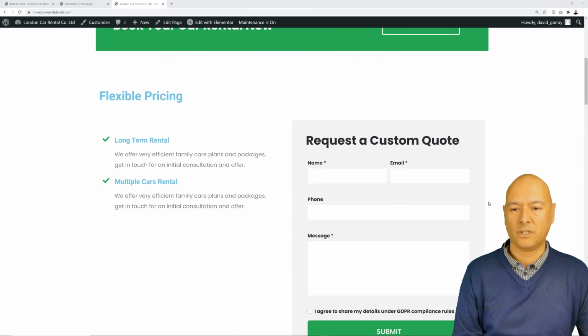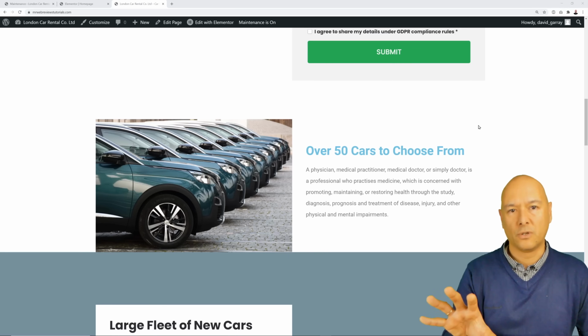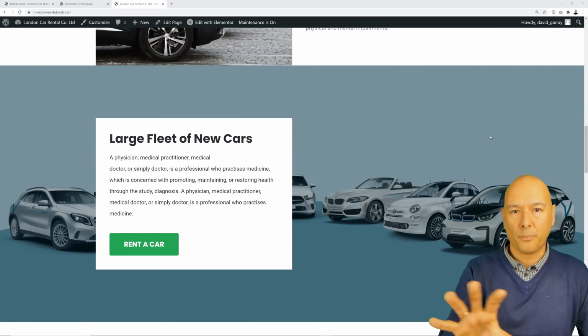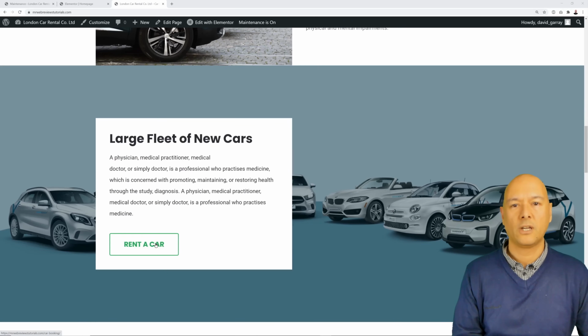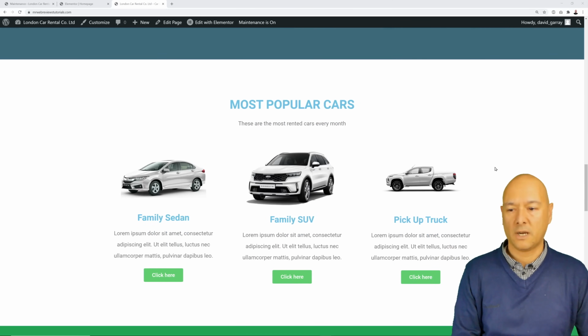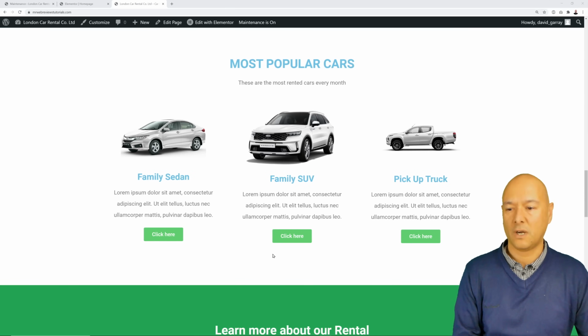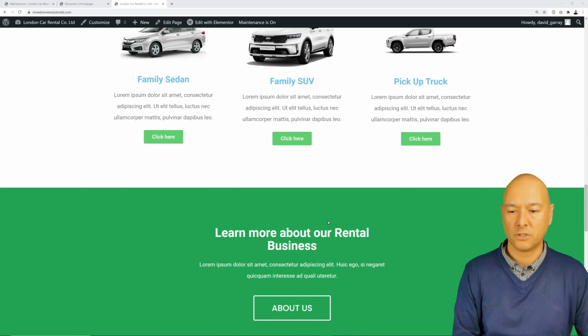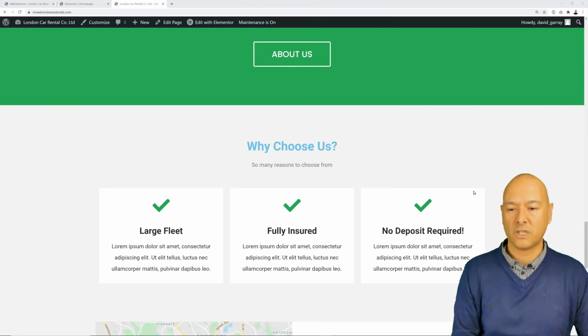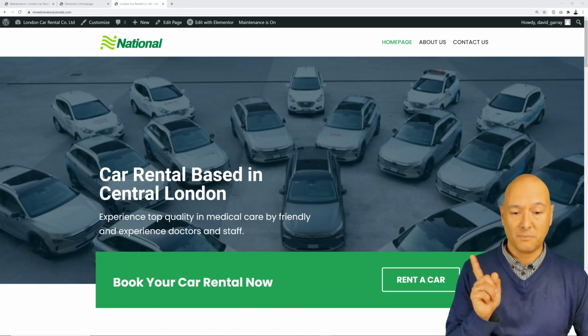And if we scroll down, as you can see, you can request a custom quote as well. We have a description of our fleet, a few more pictures, and here another call to action to rent a car. You can display your most popular cars as well, family sedan, family SUV, pickup truck, etc. And you can rent any of those cars immediately by clicking on a button here. A little bit about yourself, why they should choose you, your locations, and if you click on this magic button